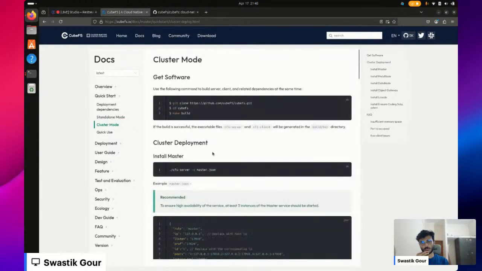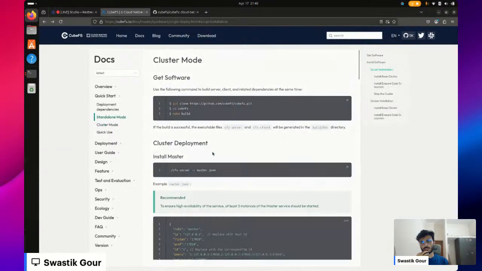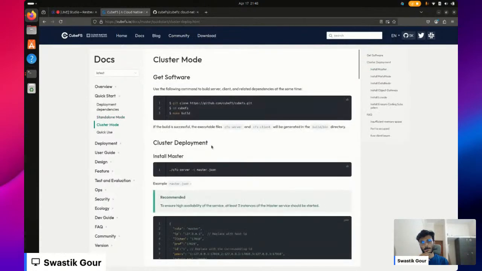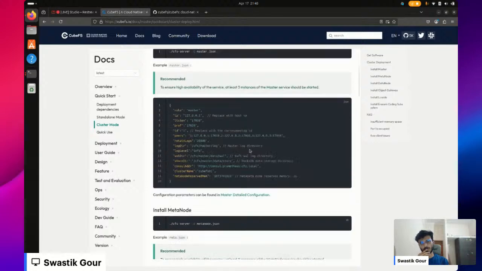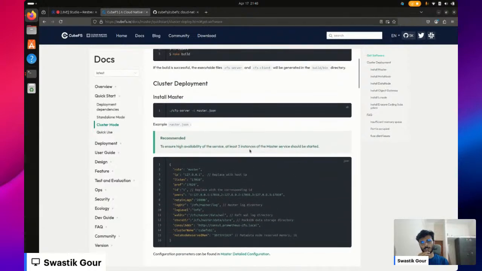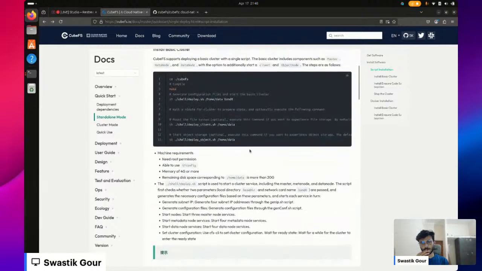What is a cluster mode? Oh, they haven't mentioned what is cluster mode actually. Okay, I guess the cluster mode is for like multi-replica setup. Hmm,